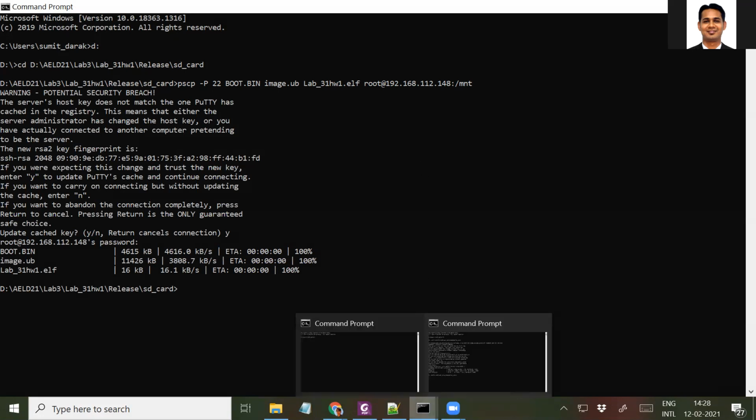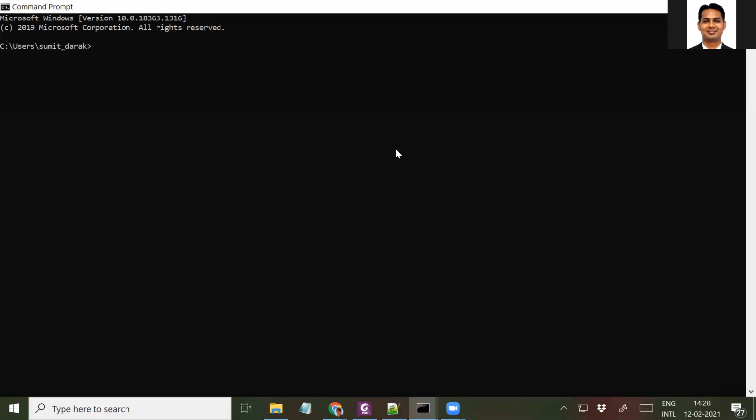Once the copying of the data is successful, open another command prompt, then SSH into the board.